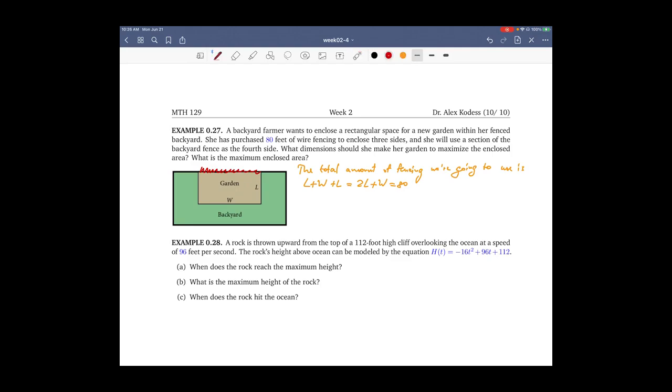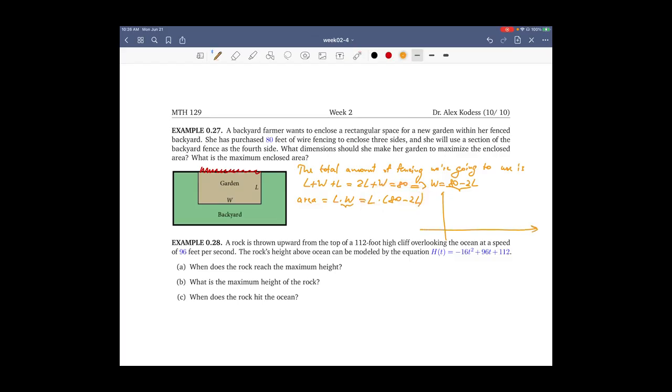So in particular, from here, width W is 80 minus 2L. Now the enclosed area, being L times W, simply is L times, instead of W, I write 80 minus 2L. And we see immediately that this is a parabola as a function of capital L. Area is a parabola